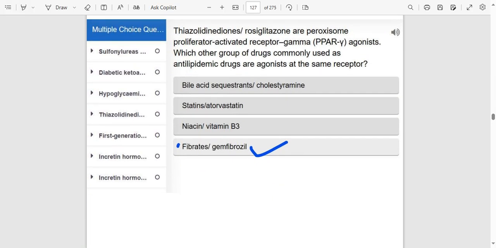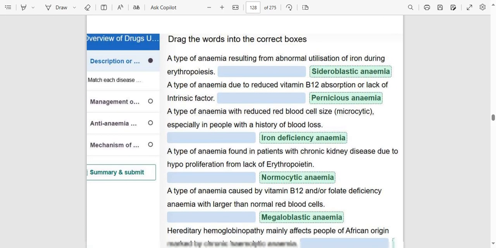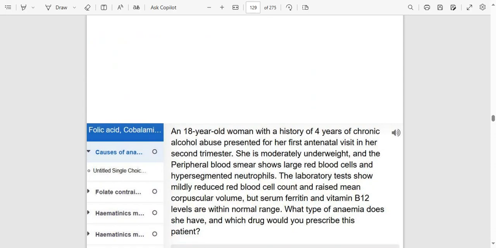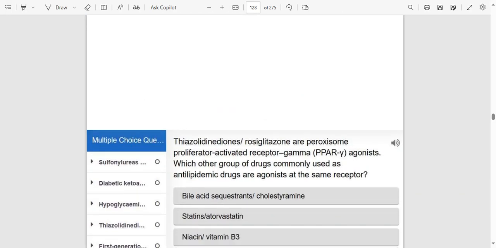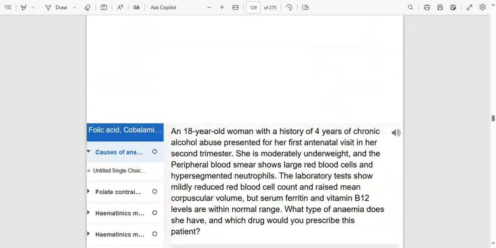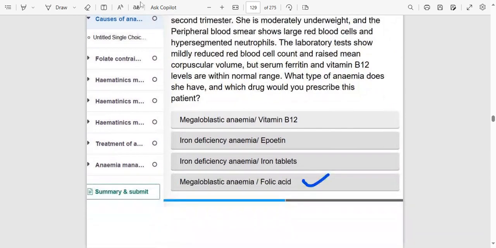TZDs are PPAR gamma agonists. Which other group of drugs commonly used as anti-lipid drugs are agonists at the same receptor? Bile acid sequestrants, statins, niacin, fibrates. Oh, these are anti-lipidemics, right? Yeah. So which questions are these? Okay, so